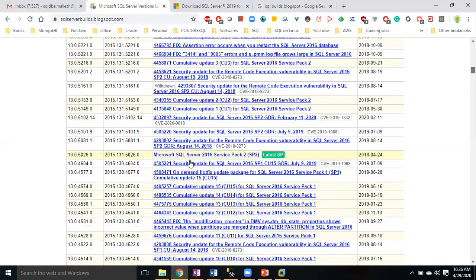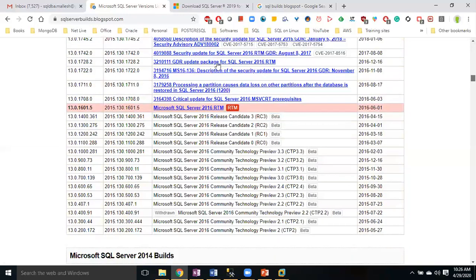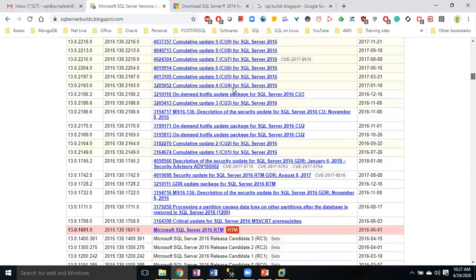Here we can see that Microsoft SQL Server 2016 Service Pack 2 was released on 2018-04-24. Here we can see the 2016 RTM version release date. Then after that they released CU4, CU5, CU6,